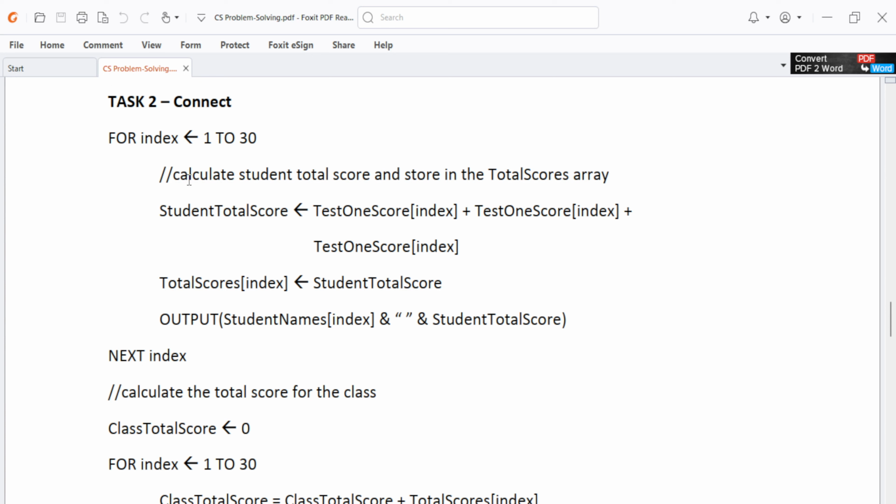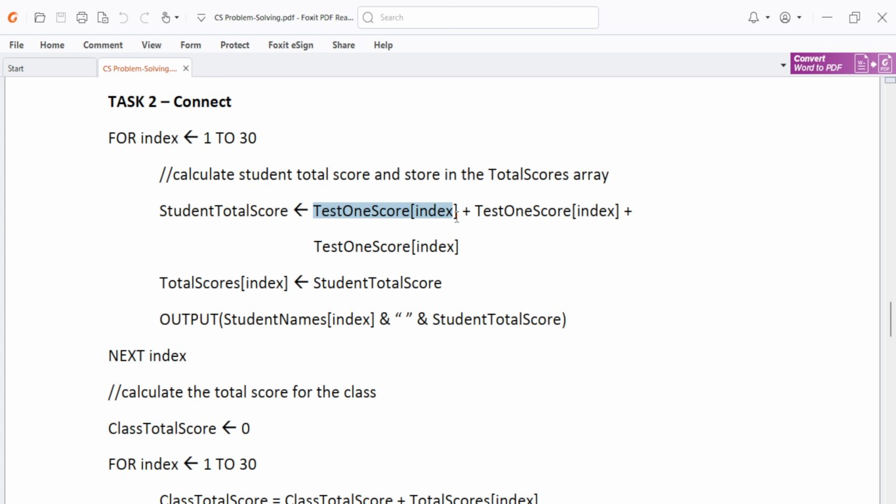The first thing we are going to do is to calculate student total score and store in the total scores array. And for each count or for each index, we are going to add the total scores of the students,